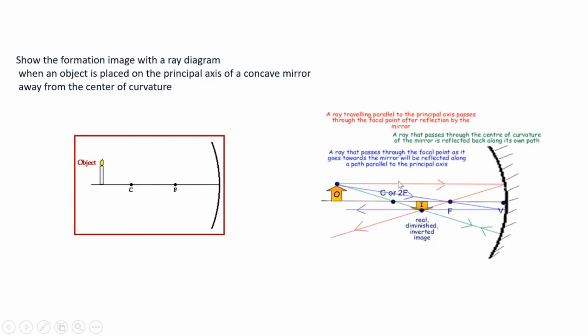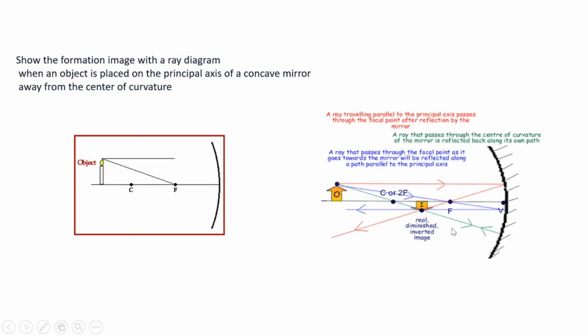These are the angles of the ray of incidence and reflection. Ray of incidence, ray of reflection. See, this green line is only one line. Keep this in mind when we are placing the object beyond the center of curvature. Two lines are incident and reflecting, but this green line is only one line, incident in the same way and reflecting on the same path. That's why we are getting an image between C and F.